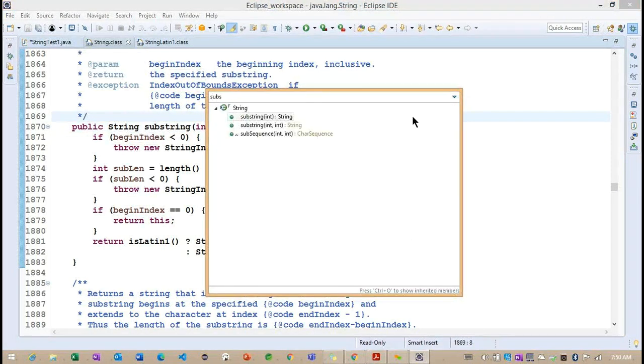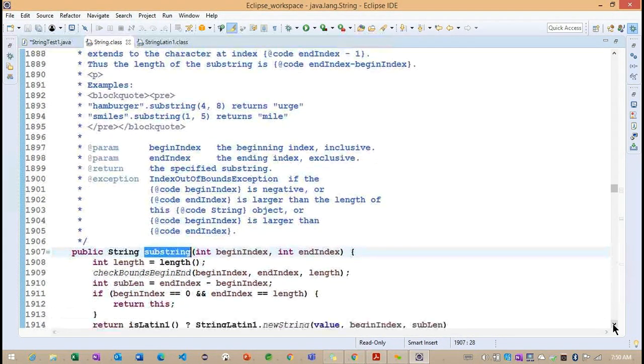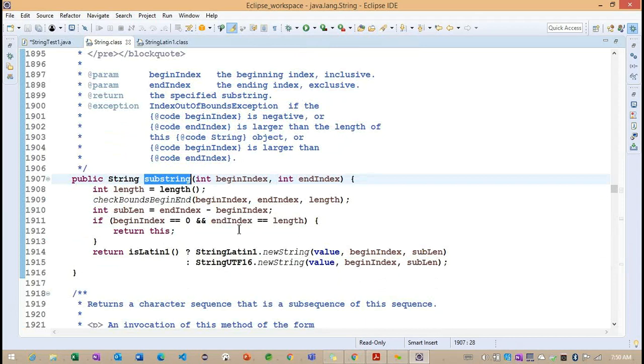We'll go for the other substring here, with two parameters. Now directly what they are doing here: end index minus begin index. Previously what we checked was length minus begin index, which the previous substring method implemented.